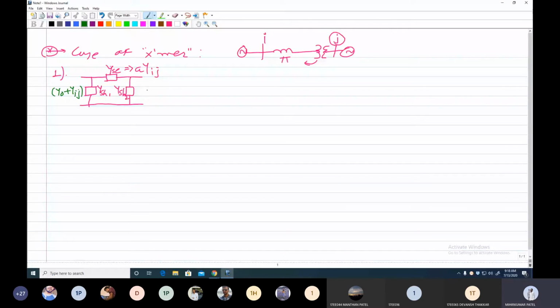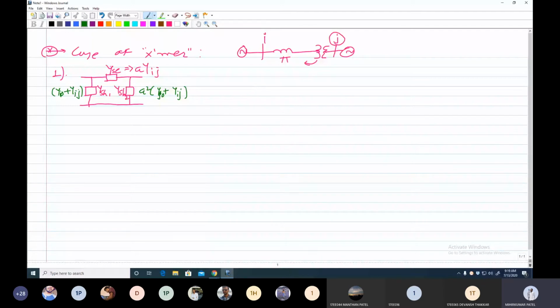And similarly, here at the right side it is A square into Yj0 plus Yij. Clear? So these are the three elements you will get in case number 1 where your transformer is